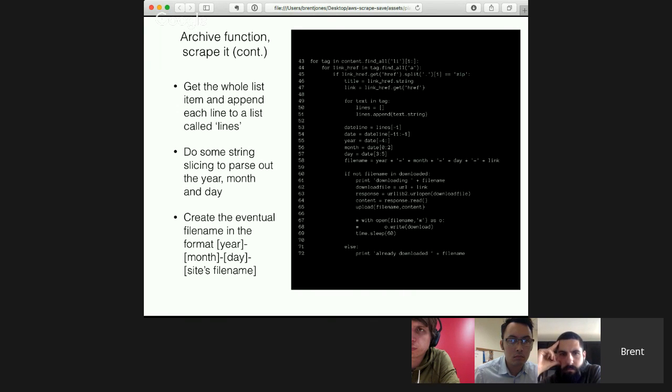And then finally in line 58, we're creating the new file name using all those variables, which in this case is year-month-day- their original file name. So you wind up with something like 2015-10-16-parks, or something like that, parks.zip. So that's what